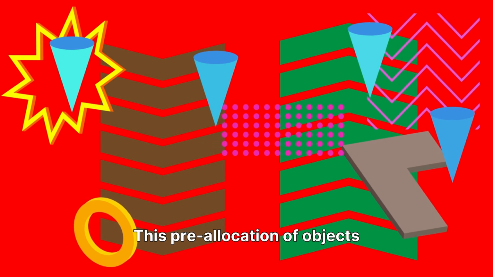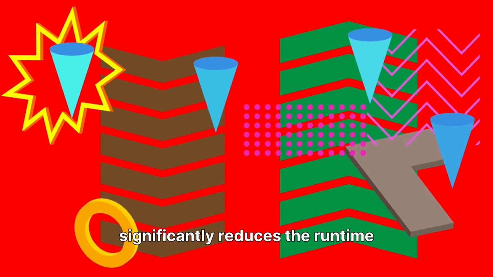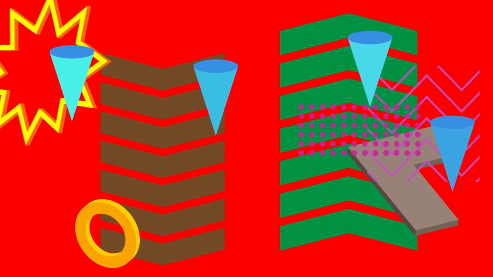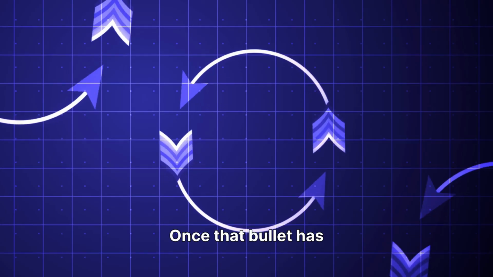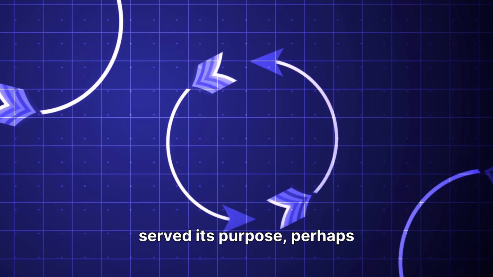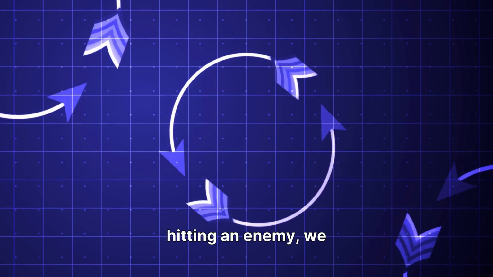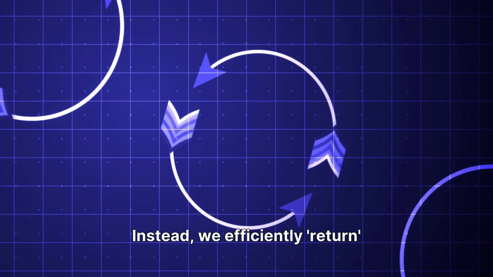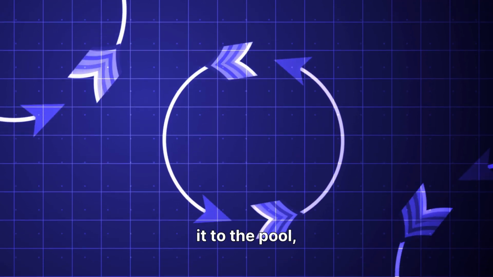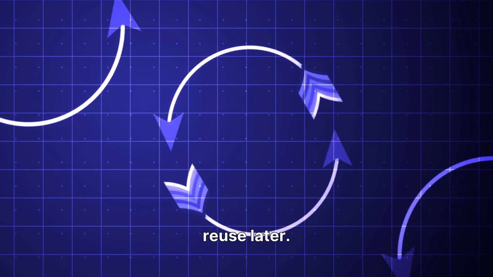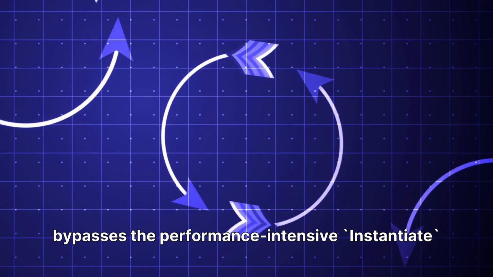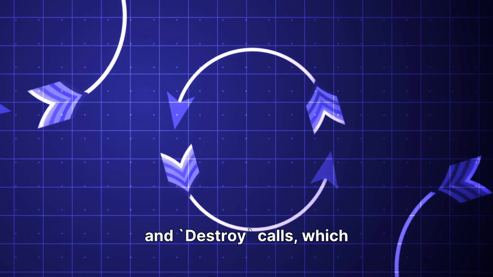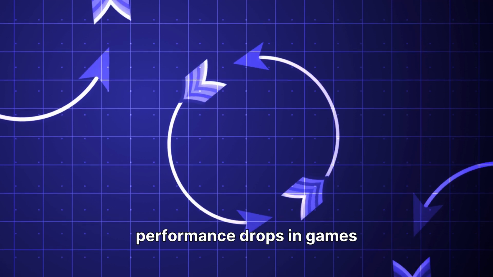This pre-allocation of objects significantly reduces the runtime overhead, as the system doesn't need to constantly create new objects from scratch. Once that bullet has served its purpose, perhaps by going off-screen or hitting an enemy, we don't destroy it. Instead, we efficiently return it to the pool, making it available for reuse later. This clever approach completely bypasses the performance-intensive instantiate and destroy calls, which are major culprits for performance drops in games